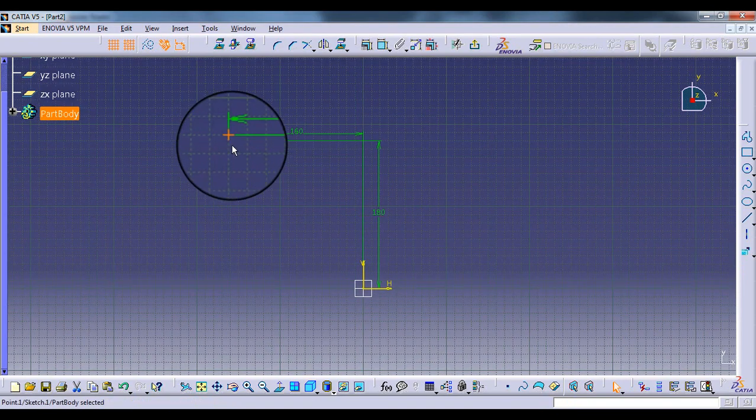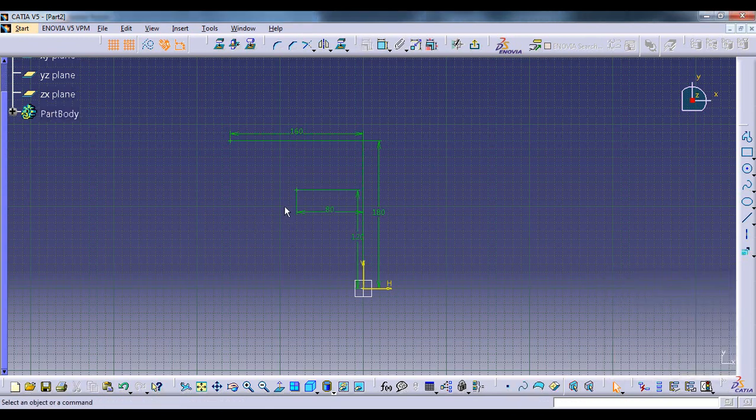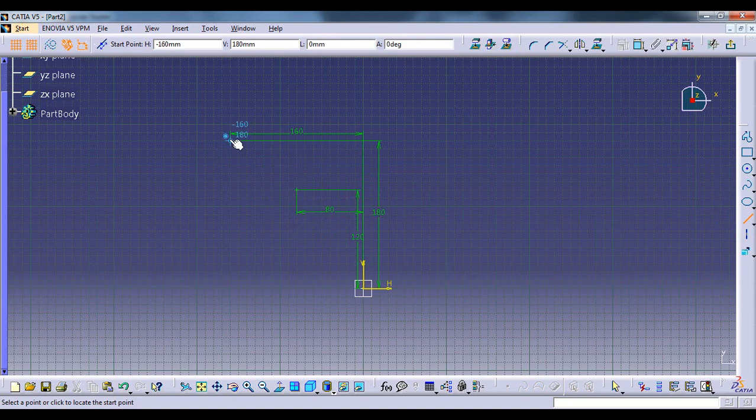So this is the required point. We will plot the next coordinate, that is minus 80, 120. So this is the required point, and we will make line AB through it.